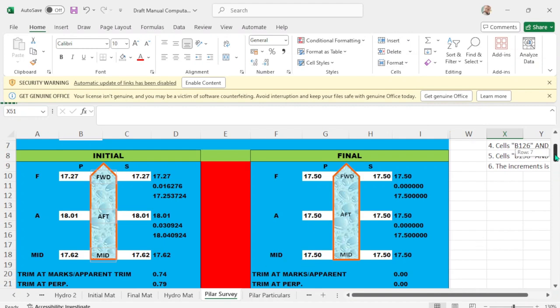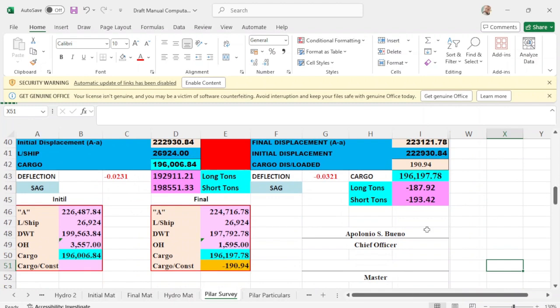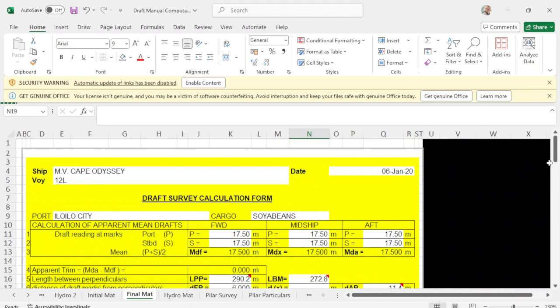Okay, and the final cargo at the initial is 19606.84. So this is the correction, 19606.84, and I got here cargo initial.